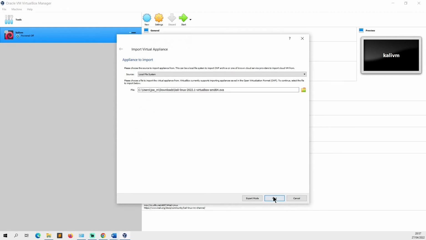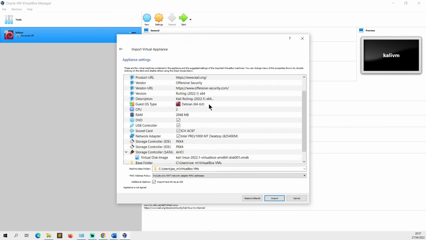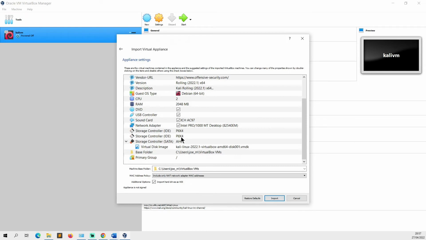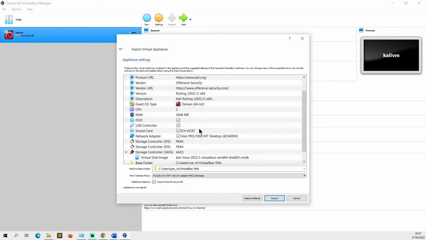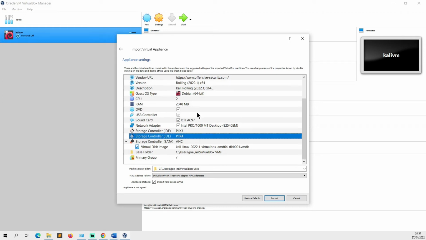Set the file path and click next, and now you'll be presented with a bunch of the settings. You won't need to change any of these. I don't think you can change any of them just yet, but just make sure that the installation path is where you need it to be and that you have enough disk space in order to install it. So I'm going to click import,